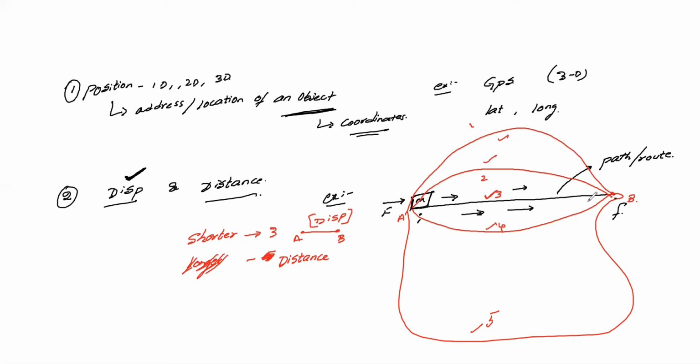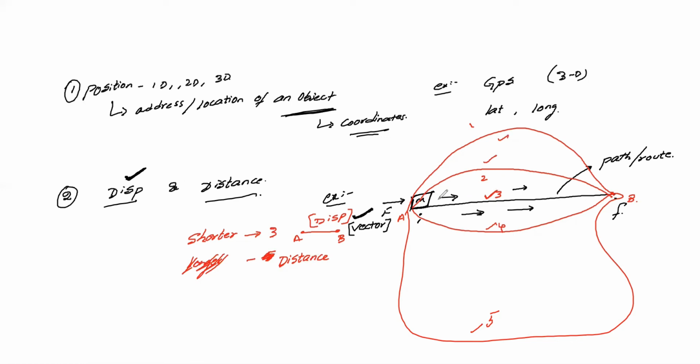So when you specify the direction, that is your displacement, and this is your vector quantity. Remember, this is your vector quantity. In a vector quantity there is a direction. So displacement is the shortest path, going from here to there, and there is a direction for it. When you specify the direction, that is your vector.